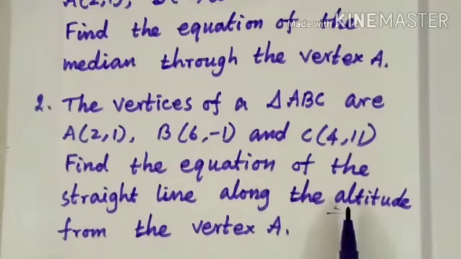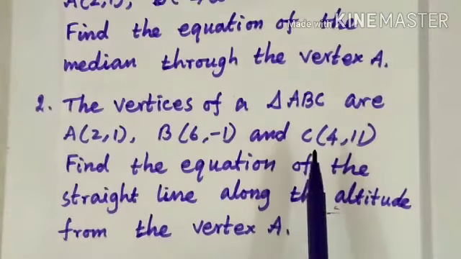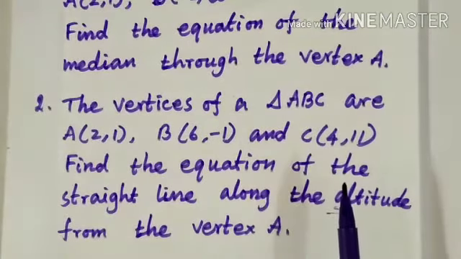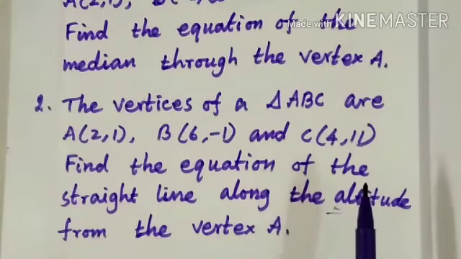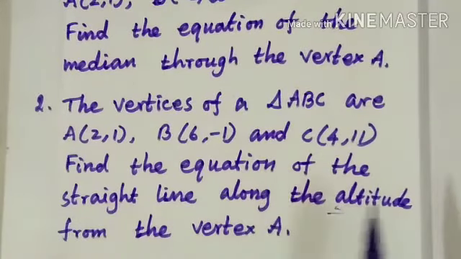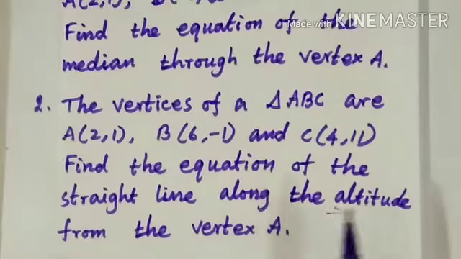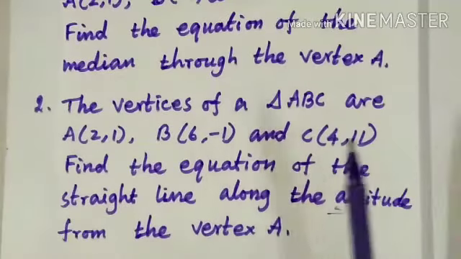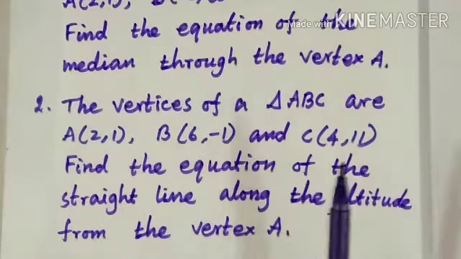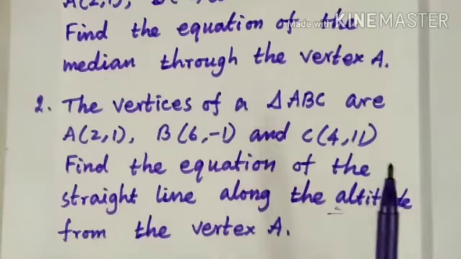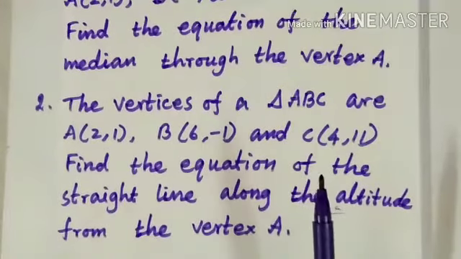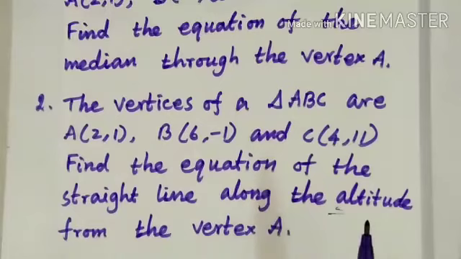So first you have to find the slope of BC and then you apply the perpendicular condition, and we get the slope of AD. Next you have to use the slope point form, and we get the equation of the altitude of